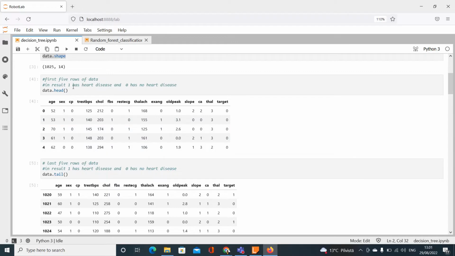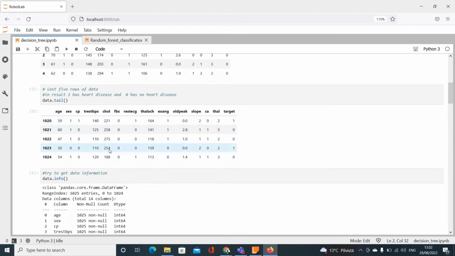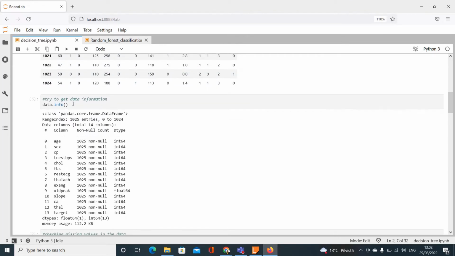Here in our target column, 0 means no heart disease, and 1 means that person has heart disease. And here we are getting the last 5 rows,